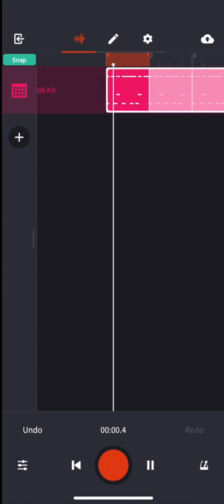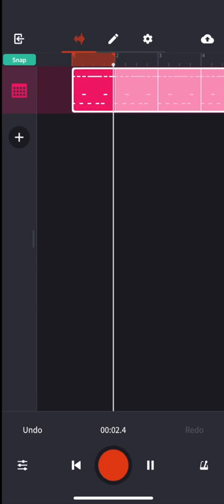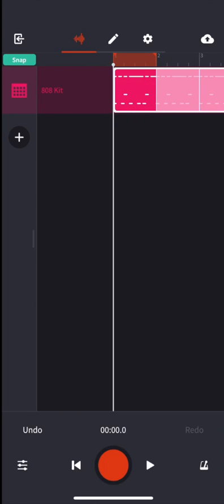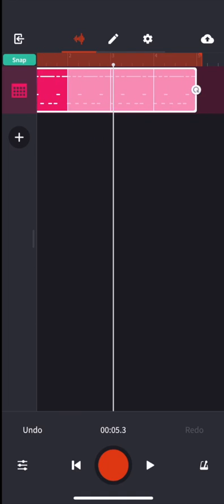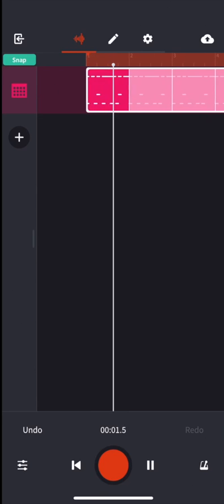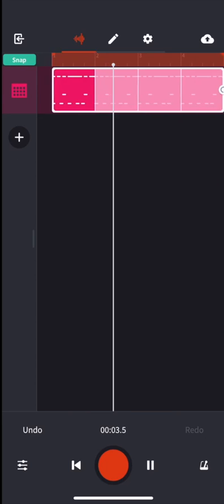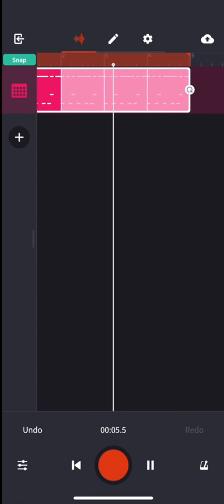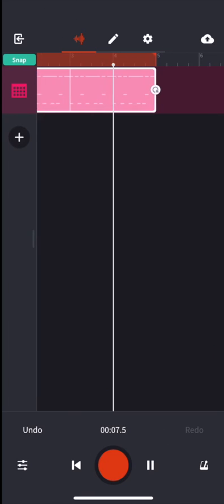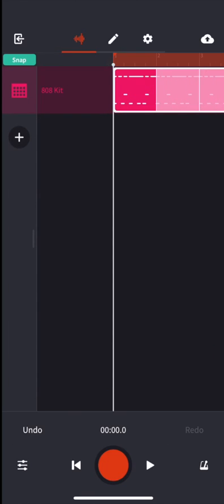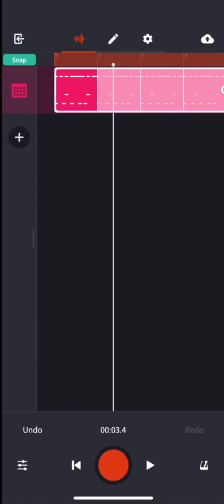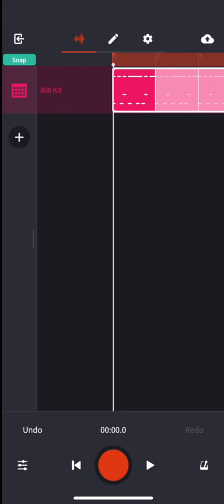Check it out. And loop. See that? So I have to grab that red bar and drag it all the way out to 4 full bars like that. Now when I press the play button, it goes all the way through. Is your head bobbing? Okay. So now that I have a good 16 beats, 4 full measures of a drum beat,